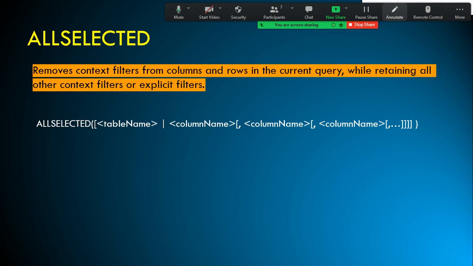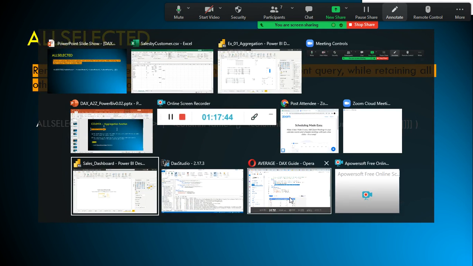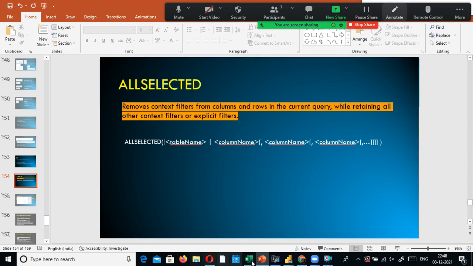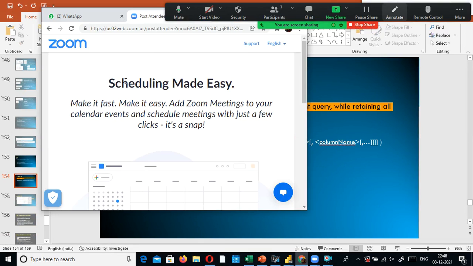I have close to 50 quizzes. I will share them with you all. You need to take up those quizzes regarding DAX itself. And we also have close to 400 interview questions. I don't know how many of you have gone through my interview questions. Whenever time permits, please go to my website and spend time going through the interview questions. And I will send out this one also. What is that?